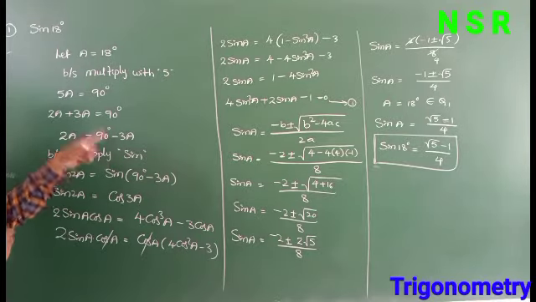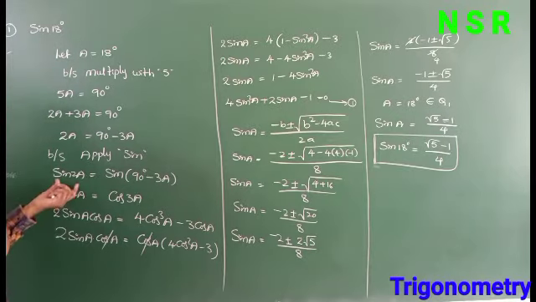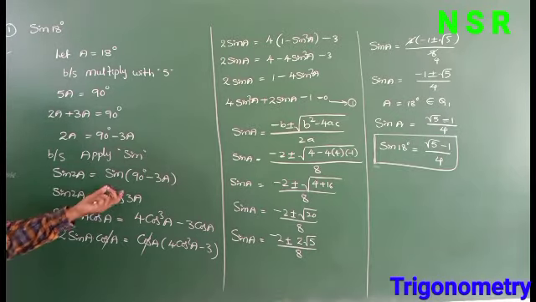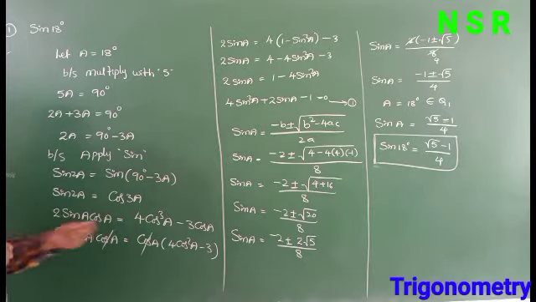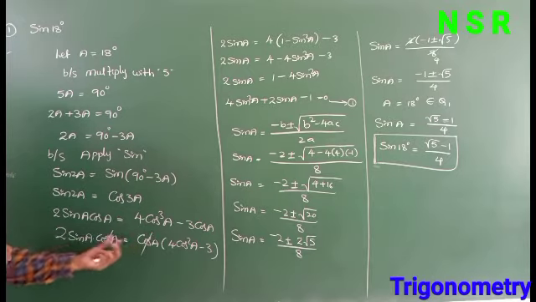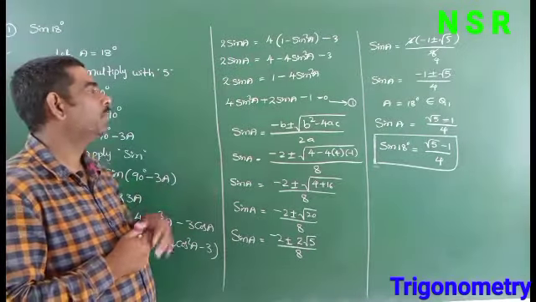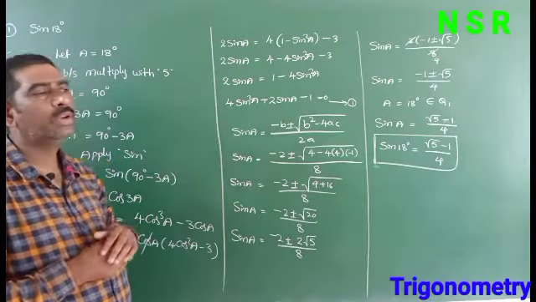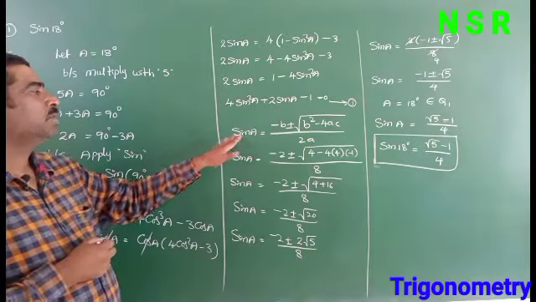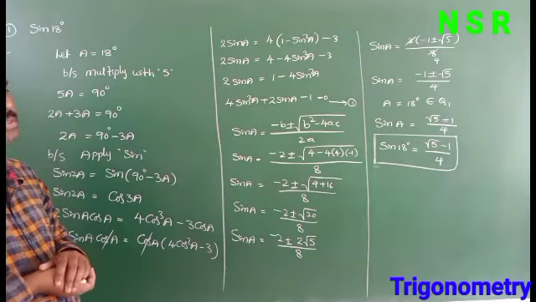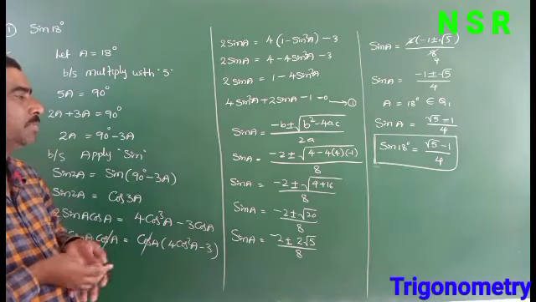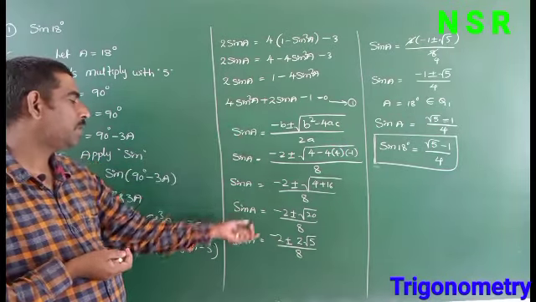So apply sin on both sides. Why? Because we are finding the sin value. So sin 2a equal to sin of 90 minus theta, and sin of 90 minus theta is cos theta. So here apply the sin 2a formula, and here the cos 3a formula. Take cos a as common, and cos a gets cancelled. Next, 2 sin a equal to, in place of cos square write 1 minus sin square a, then after multiplying by 4a, simplify this, we get one quadratic equation in terms of sin. So here apply the roots formula, minus b plus or minus under root of b square minus 4ac by 2a, and substitute the values and simplify.